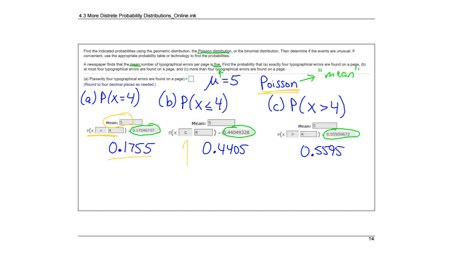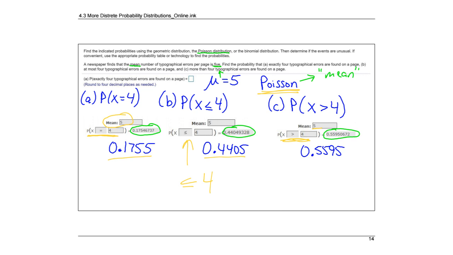For the next one, it says at most 4 typographical errors are found on a page. So that's going to be less than or equal to 4. We still have our mean of 5. At most means less than or equal to, and then again, StatCrunch gives us the probability of having at most 4 typographical errors on the page. And then lastly, we have more than 4 typographical errors. So on this one, we have x greater than 4, but we still have our mean of 5, and it gives us